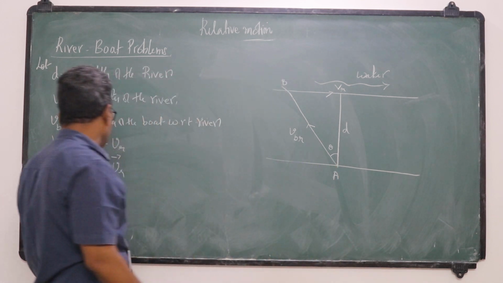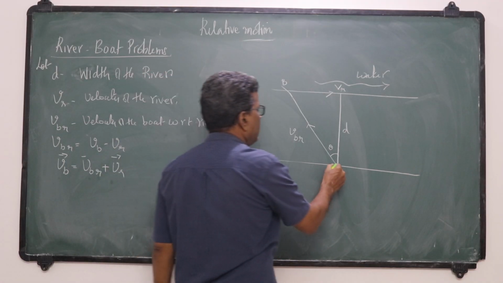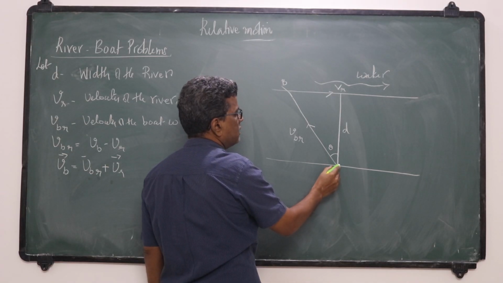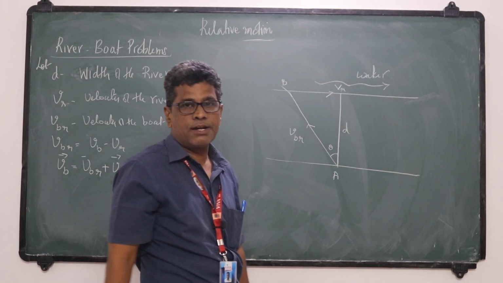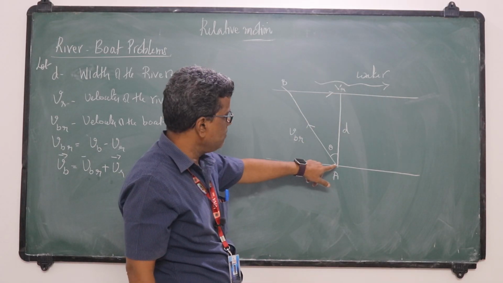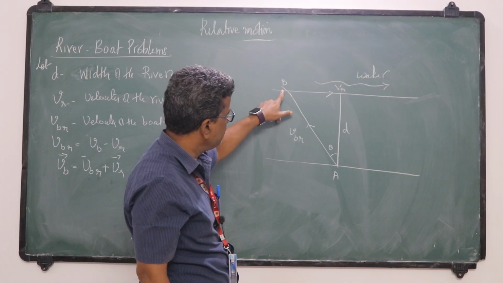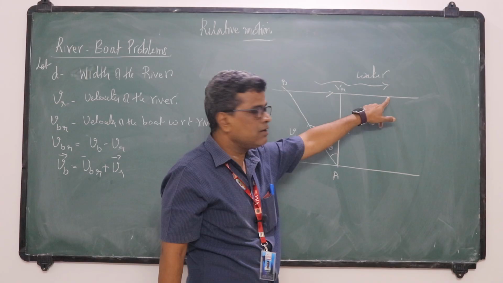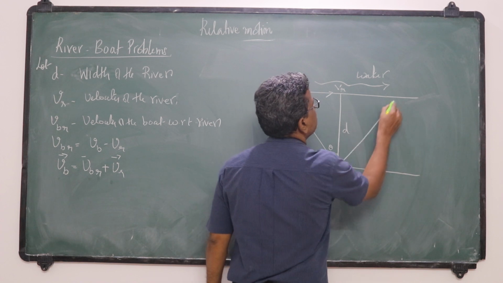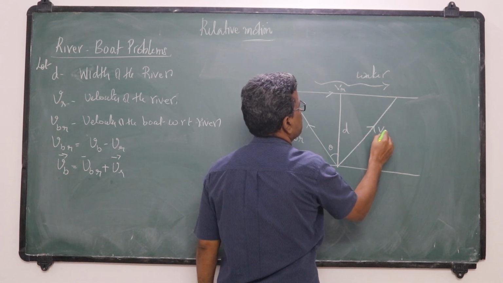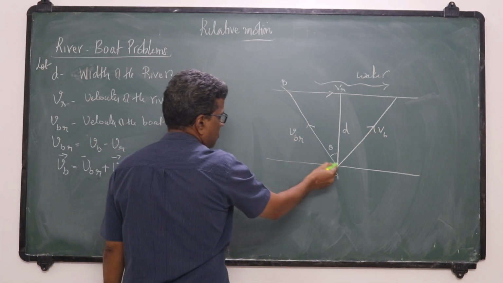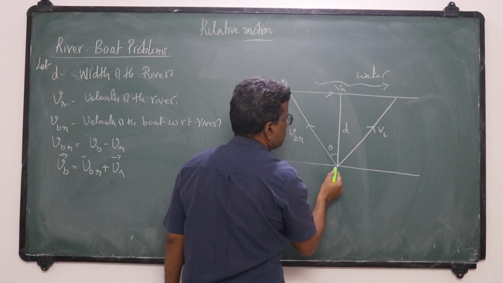The velocity of the boat with respect to river plus VR. So, from the triangle law, we add these two. I am constructing a triangle with VBR and VR. VBR as one side AB, the other side this VR, then the closing side of the triangle taken in the reverse direction, let it be this one. This represents VB, the velocity of the boat.